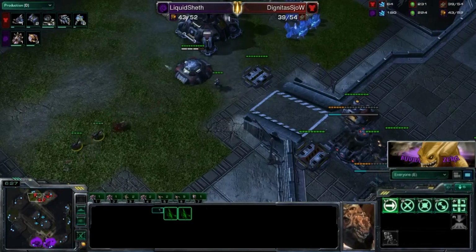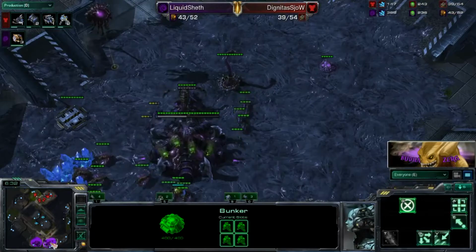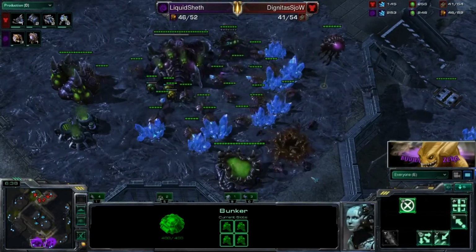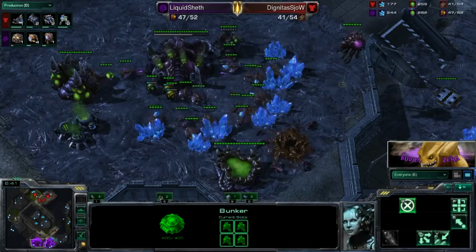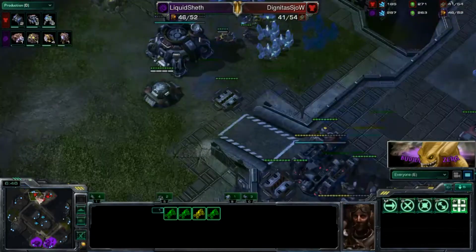There he goes. He sees the bunker. He sees 4 Marines, and right now he actually cancelled the roach warren. I don't know why he actually did that. You need roaches to push away the Hellions. The only thing I could see is that